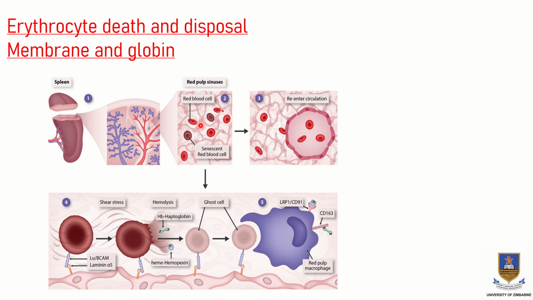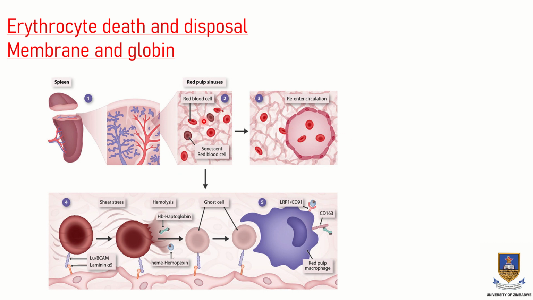These sinuses have a narrow opening of 3 micrometers, so when old red blood cells, which have a diameter of 7.5 micrometers, try to pass through these sinuses to re-enter circulation,